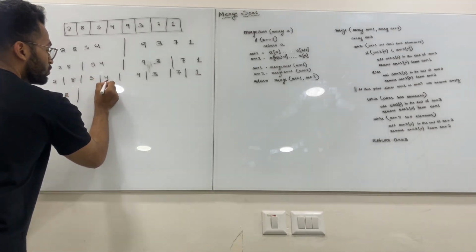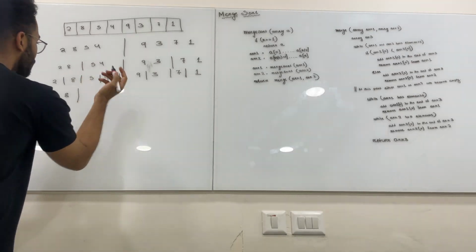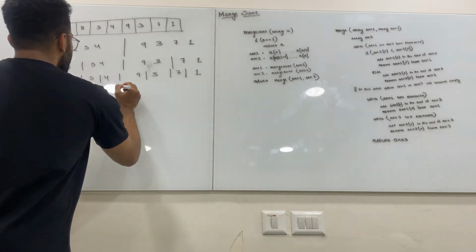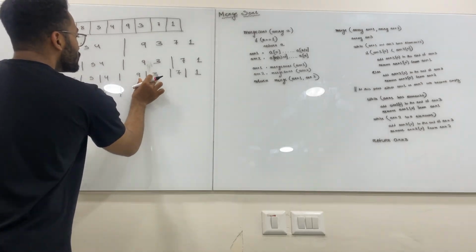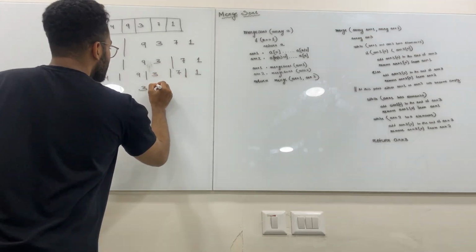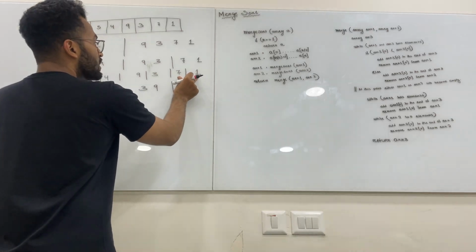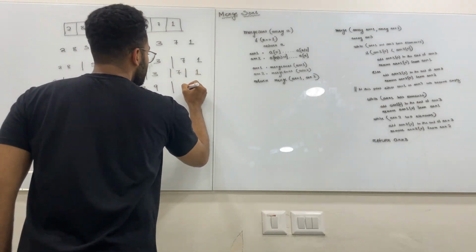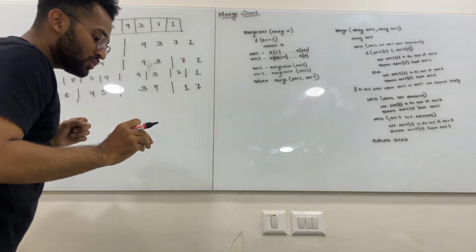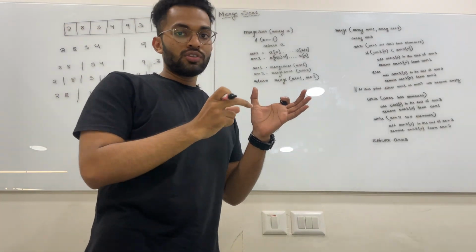Then there is 5 and 4. The 4 will come in front because obviously 5 is bigger than 4. So 4 and 5. Then we are going to join these two. So 9 and 3 will become 3 and 9. Then we have 7 and 1, and they are going to become 1 and 7. Now that we have two elements each, the merging will happen with the comparison of the